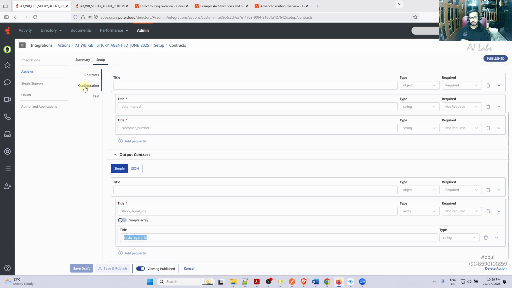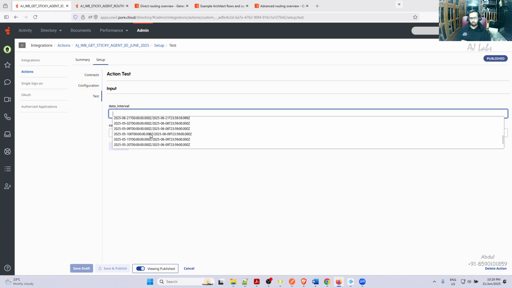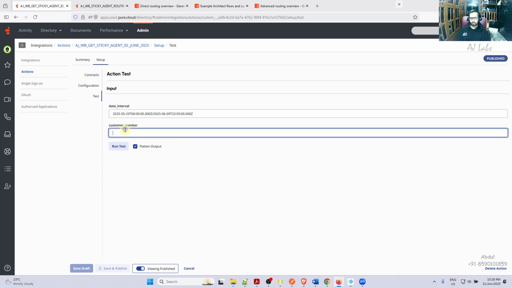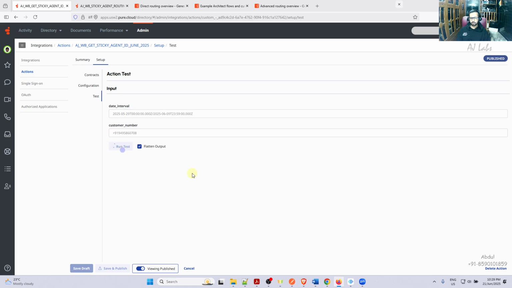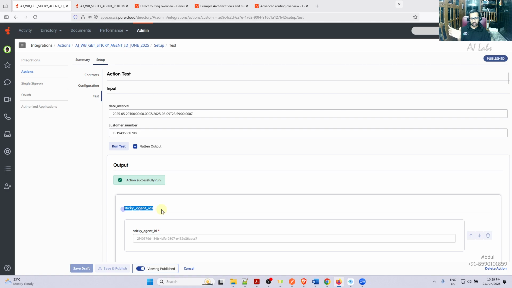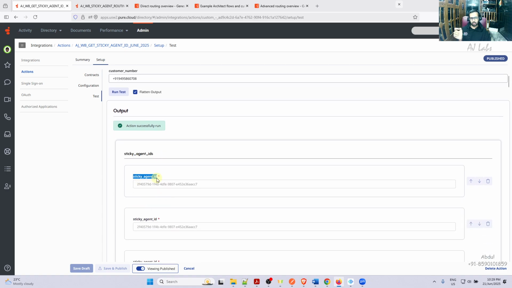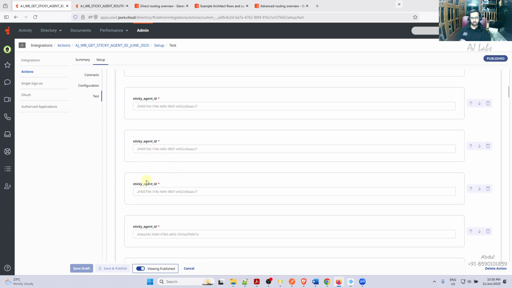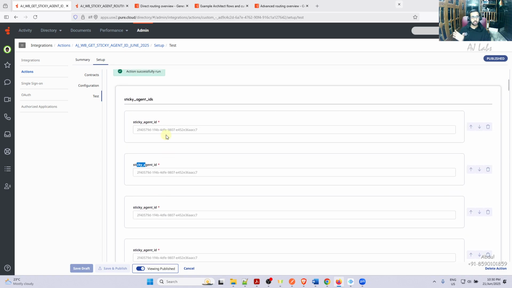So what happens when you send that API call? Let's send a random call. Today is 21st. What is today? Let me select something and send. Okay. So when you send this, the response will have first the list sticky agent IDs, then the same value, sticky agent ID, first agent, sticky agent ID, then second agent. This is how I segregated. Since it's an array, it's not a string variable. If it is a string variable, just mention it is a string. That's all. Since it is an array, I have configured